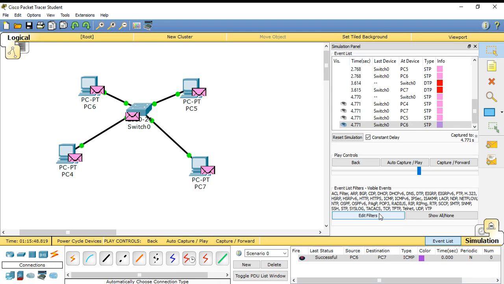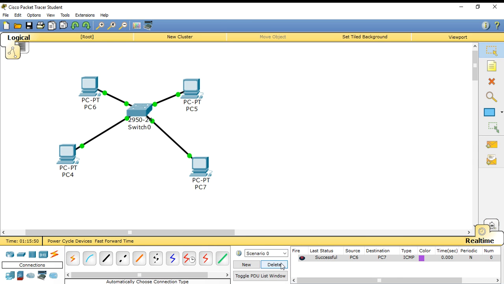So ICMP, as you know, will tell you whether the device is connected properly or not, right? There are multiple protocols that will help you in knowing how a network works. First of that is ICMP, which stands for Internet Control Message Protocol. It is a protocol which is used by ping, right? Similarly, we have STP, and we have n number of other protocols.